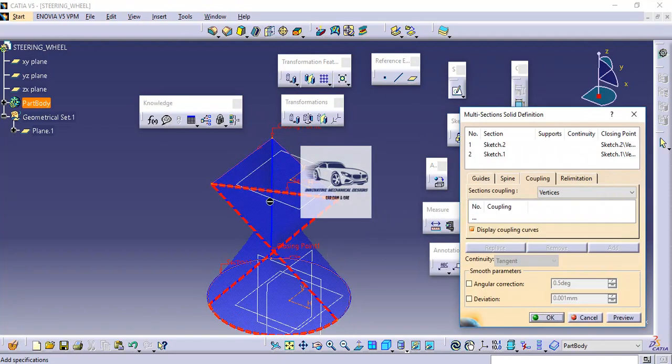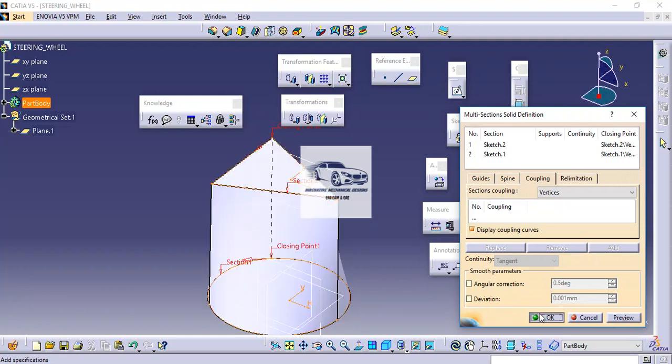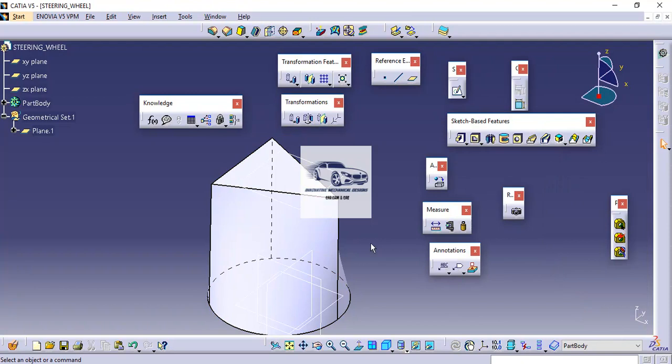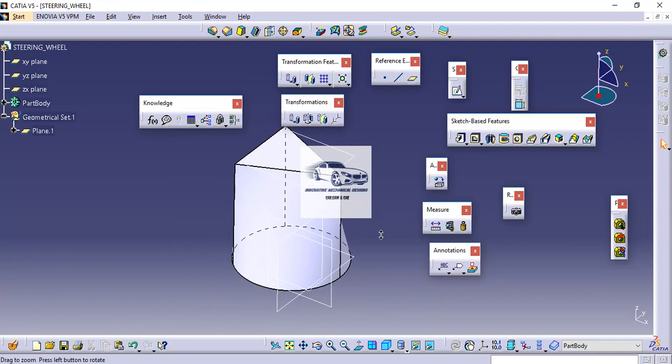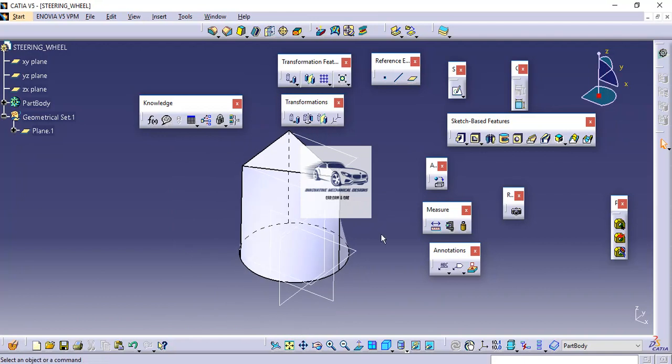Now here I am getting an error. The reason is, if I see here, there is a twist coming here. So I will just flip the closing point direction of the circle so that both point towards the same direction, and now preview. So now we can see that we have got the output. Vertices mode for these types of cases is the best because it directly identifies all the points properly in the profile.